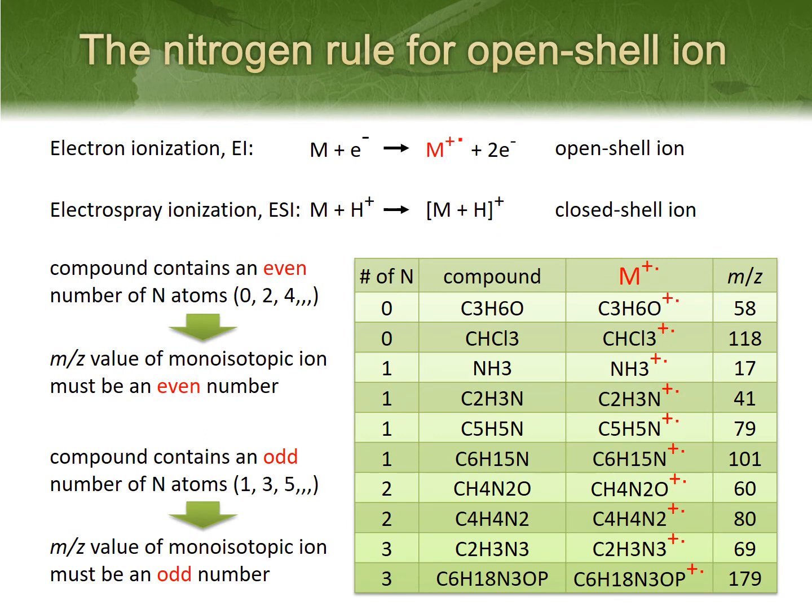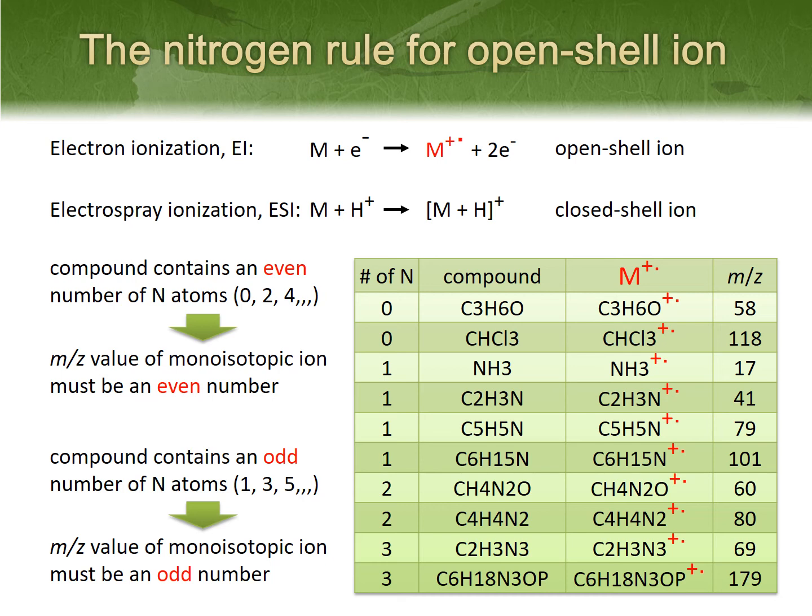The ionization technique will dictate how the nitrogen rule is applied, because whether a closed shell ion or an open shell ion is produced depends on the ionization technique. For instance, electron ionization, EI, produces an open shell ion. An open shell ion has an odd number of electrons. As for open shell ions, in the case where a compound contains an even number of nitrogen atoms including 0,